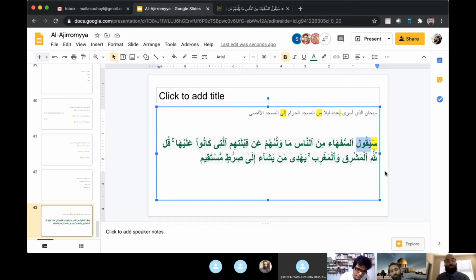What is the inflection of this imperfect verb? I'll give you a small hint if you need one. We said that an imperfect verb that has nothing attached to its end, and has none of the agents of nasab or jazm, is what? The inflection would be, so if it's not majzoom and if it's not mansub, what inflection are we left with? Rafa. So it is marfu'. And we said with the imperfect verb that has nothing attached to its end, what is